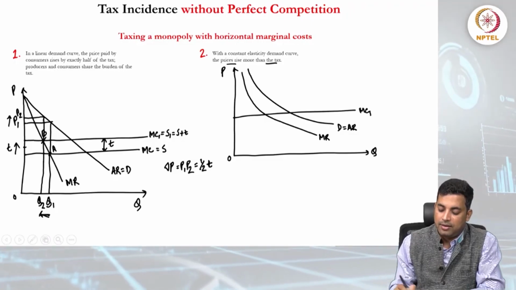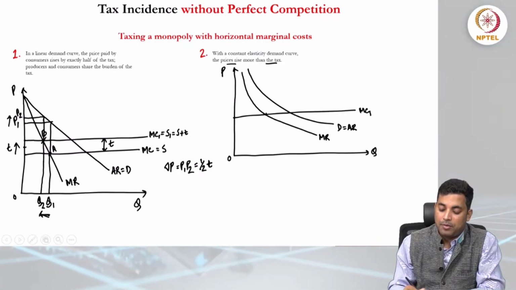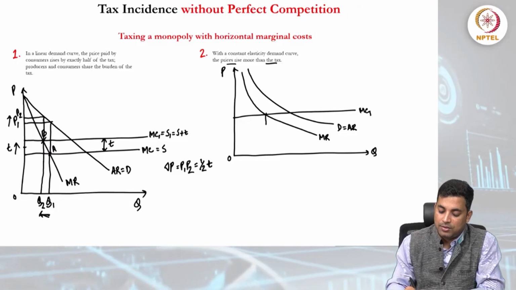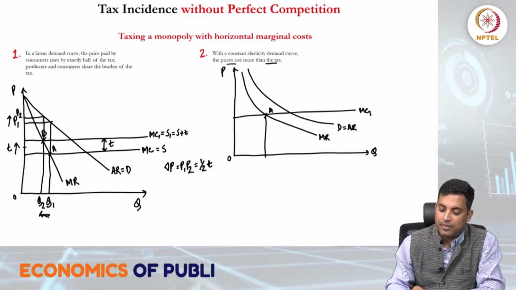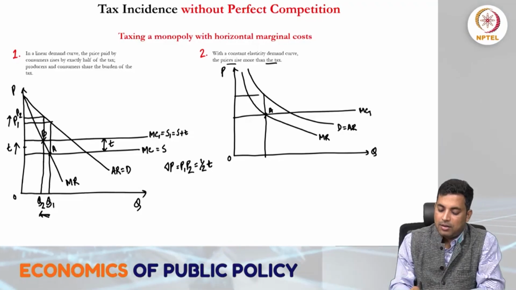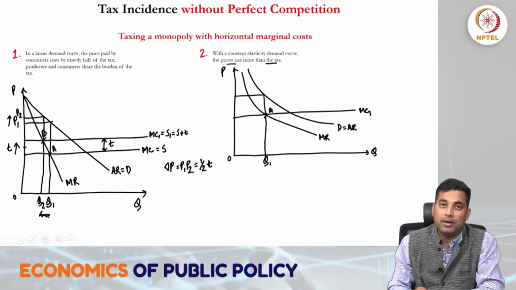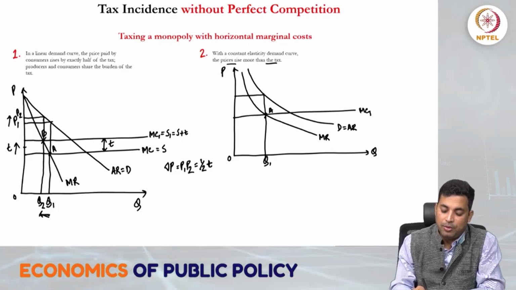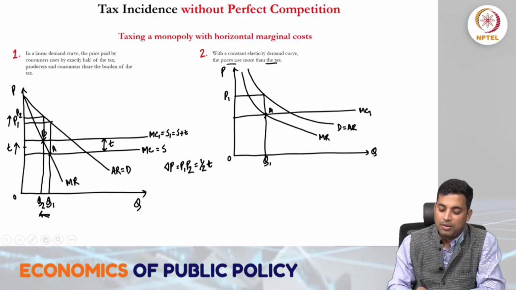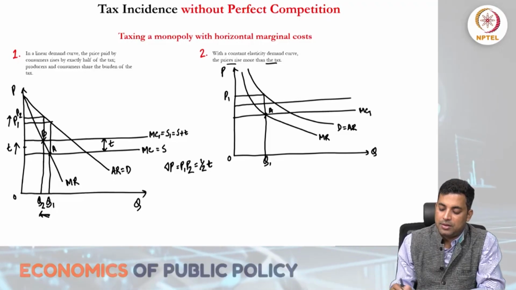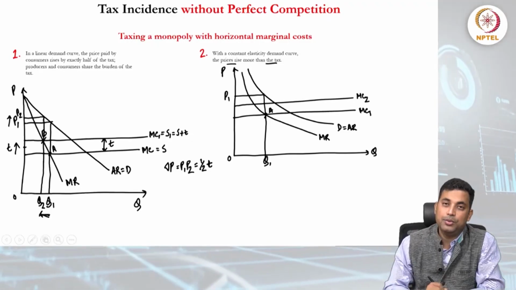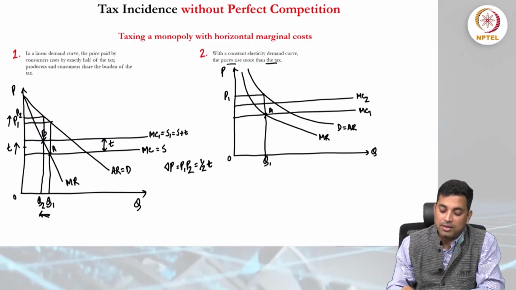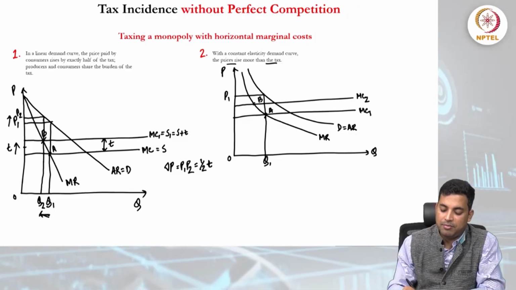Then here we can say that this is the marginal cost curve, MC1, and the equilibrium condition is where marginal revenue equals marginal cost. That is point A, and OQ1 is the quantity that will be produced, and the monopoly price will be OP1. Now say tax is imposed, and that is MC2, and the new equilibrium point is where marginal cost and marginal revenue intersect, say point B.